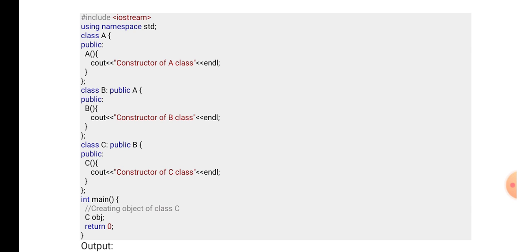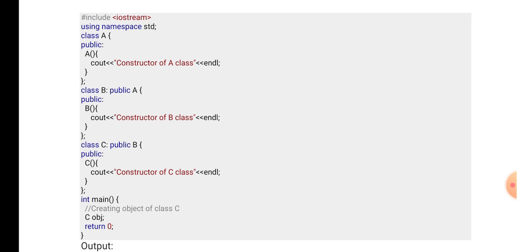Class B colon public A, in public section we write B class constructor with the cout statement constructor of B class. Then we define class C which inherits from public B, we write C class constructor with the statement cout constructor of C class.